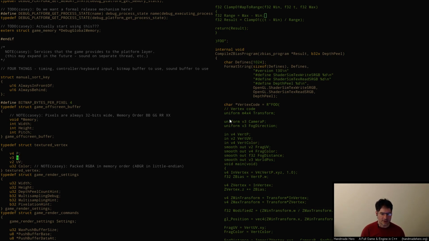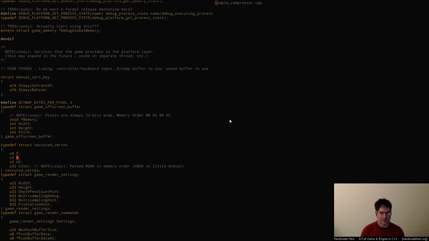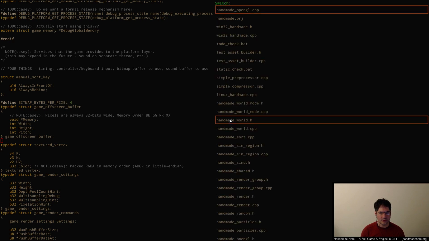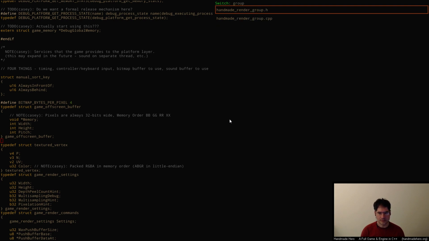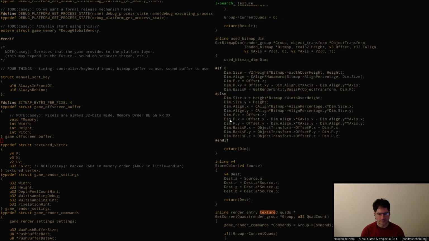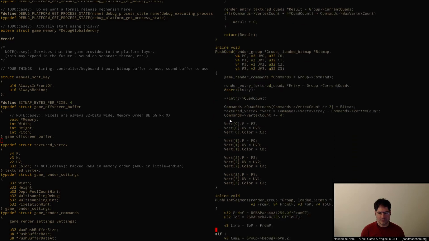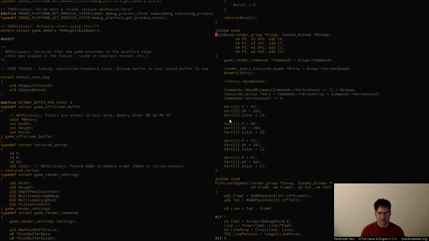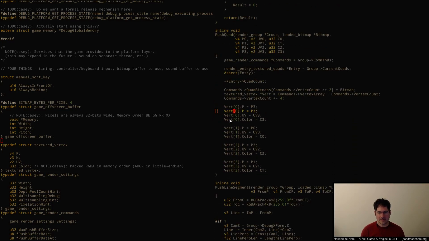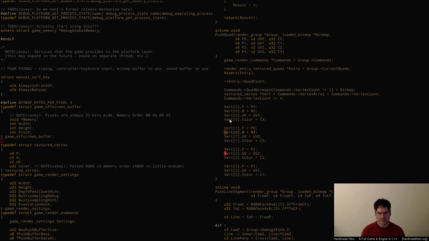It'd be pretty trivial for us to add that, right? There's nothing very difficult about that at all. So if I was to go find where we're writing these out, which is in our render group, what you can see is we've kind of nicely isolated everything down. The only place we do anything with it is in this push quad function here, right? And so what we would have to do is augment this push quad function to somehow